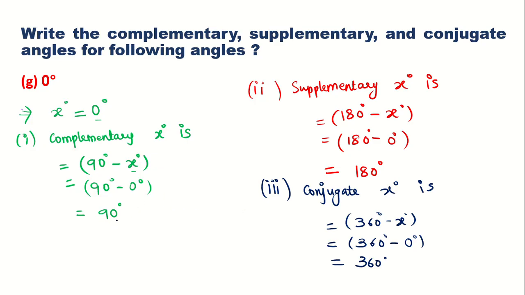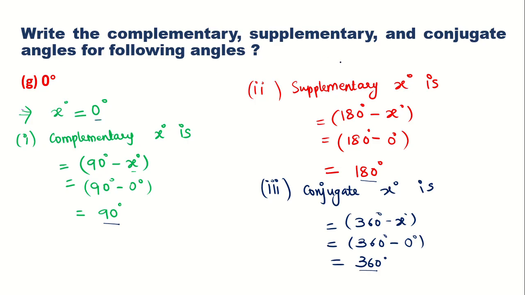At last, for given x degrees, that is 0 degrees, what is your complementary angle? It is 90 degrees. What is your supplementary angle? It is 180 degrees. What is your conjugate angle? It is 360 degrees. So these were a few problems on the topics which I explained about complementary, supplementary and conjugate